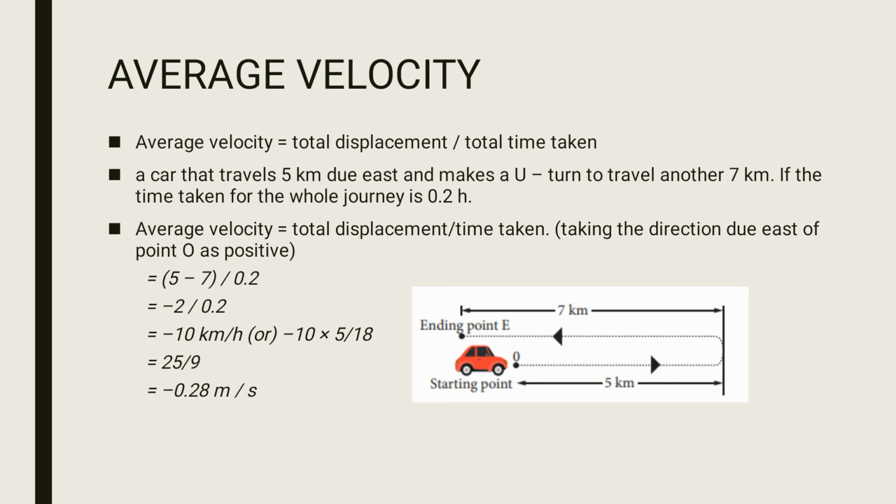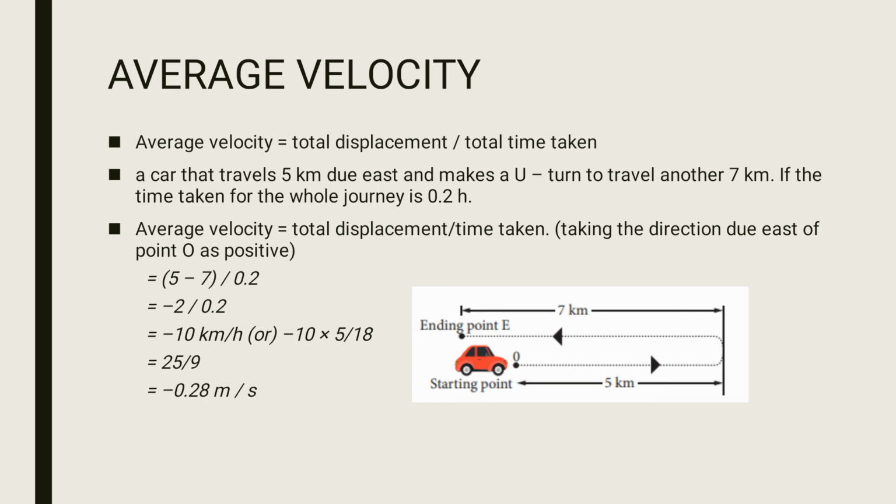So, here is an example. The car has two different displacements like 5 and 7 kilometers. We are taking 5 as positive because it is from the starting point, then it takes a U-turn. The car takes a U-turn and travels for 7 kilometers to reach the ending point. Since it takes U-turn and travels backward in the direction, we take 7 as negative.